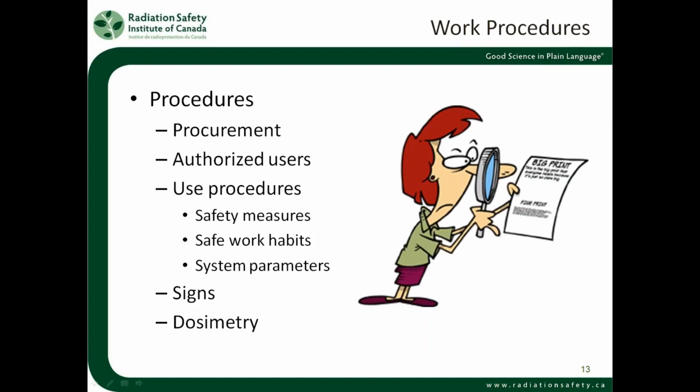We should document what signs are required and where, how often do they need to be updated, what has to be on the signs, whether or not dosimetry is required to be worn by people, and if so, who has to wear it, how is it tracked, where is the information kept, how are people informed of what doses that they've received. That's actually a fairly important piece, is to let people know how people are informed of their doses,